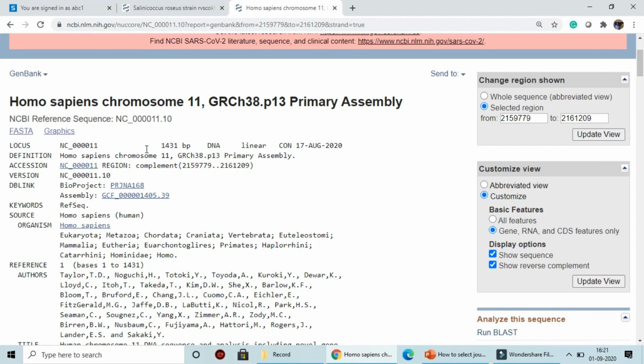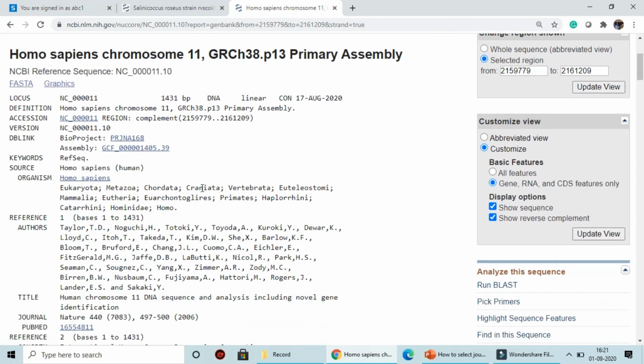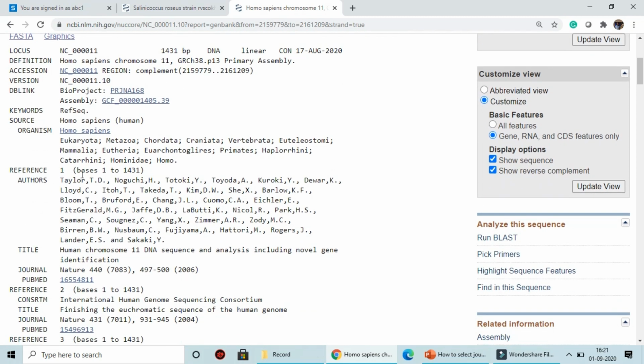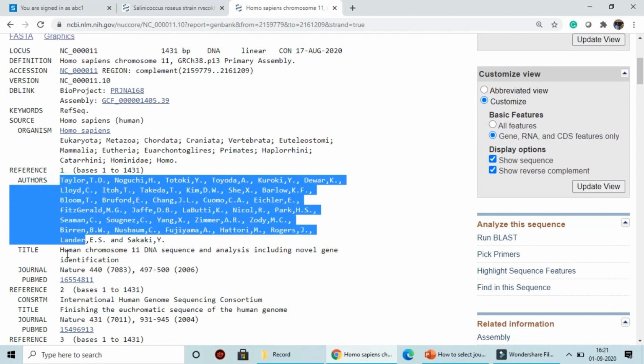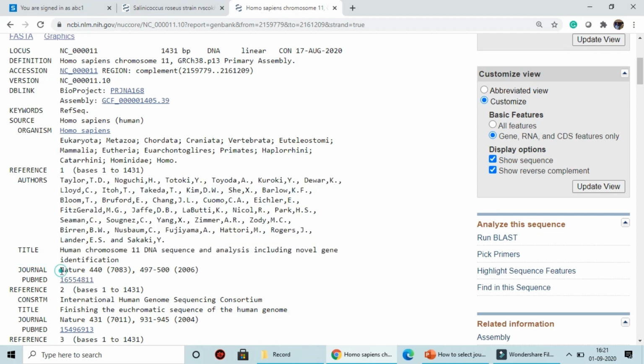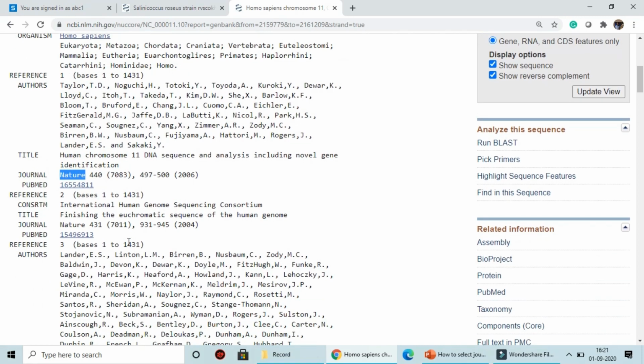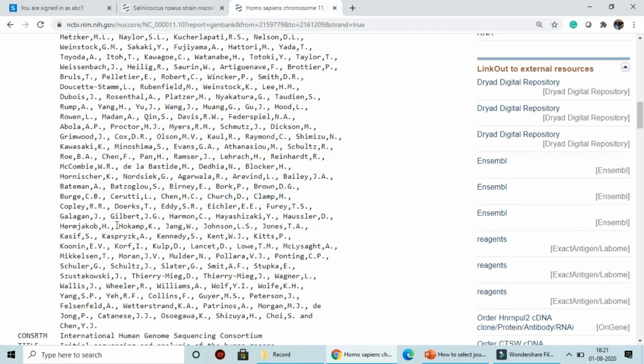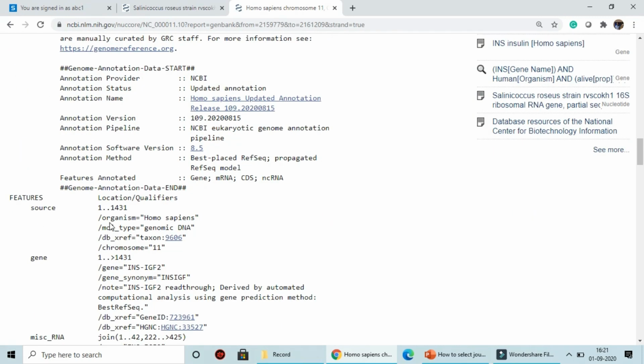Here you can see the length of this particular gene is 1431 base pairs. The DNA topology is linear, and the last modification date was 17th of August 2020, the latest one. And all the other details you may find, like the references, who the authors were, which paper they have published, in which journal, see, Nature, and all the types of research papers they published. All those details you can find here.